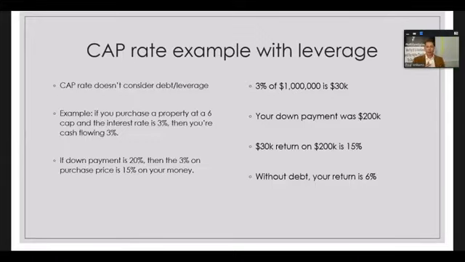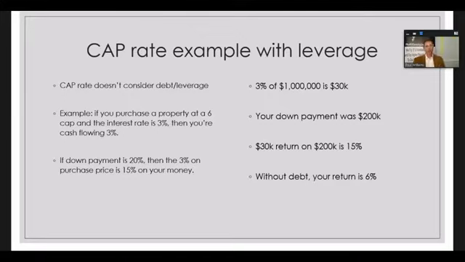A lot of properties are kind of going for, in rough numbers, 5 to 6 cap currently. And you'll see some on the coast in a 4 cap, 3.5 cap, but we're seeing a lot of 5 to 6 cap properties, and closer to 5 for the most part. But let's say, back to our cap rate example, you buy this $1 million property and you're getting it financed, you're getting 3% financing. We're seeing that they're kind of edging up right now. So, we're seeing around 3%, sometimes as low as 2.75,